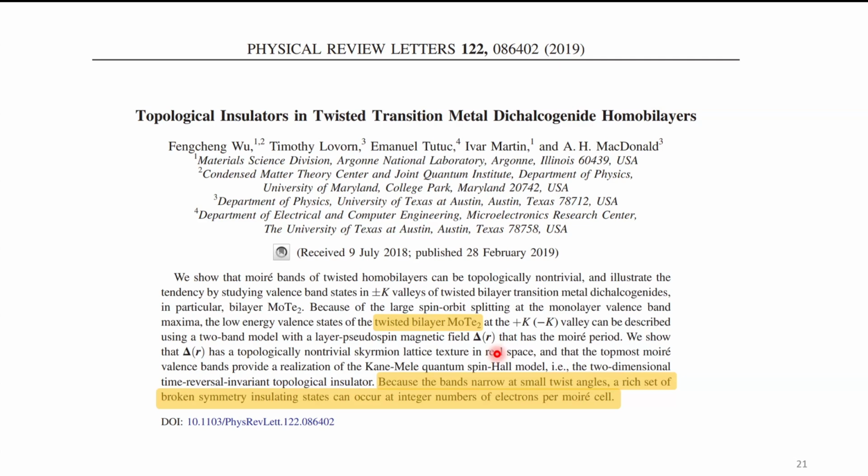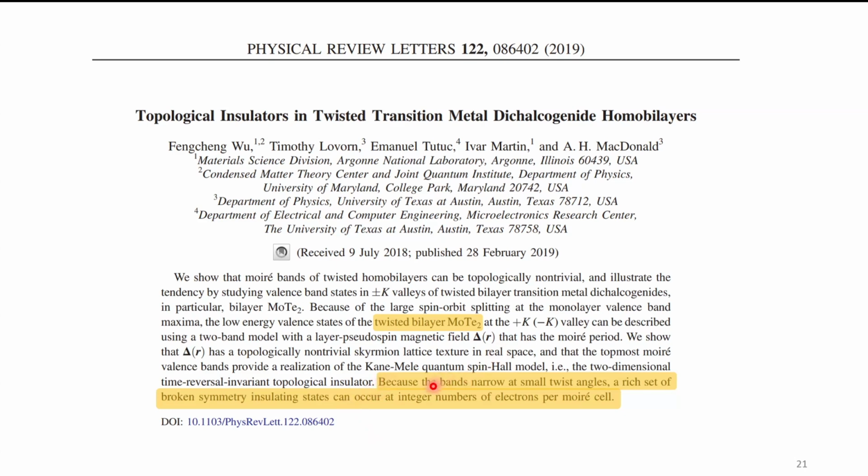And we mentioned this material, twisted MoTe2. The reason we use this material is because its valence maximum is at the K valley instead of the gamma valley, and the gamma valley physics can be quite different. You can find another paper by Haldane. And in here we